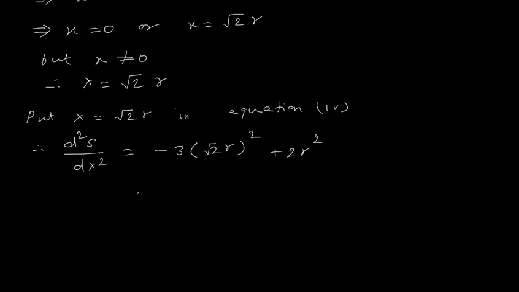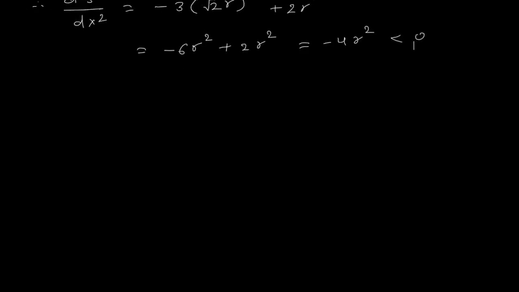So this is root 2 square is 2, 3 twos are 6, so this is minus 6r square, this is plus 2r square, the total is minus 4r square. Now this minus 4r square is less than 0, right? The value of r is radius, it is positive, so r square positive, and multiplied by negative, so a negative number. So therefore I will say that s will be maximum